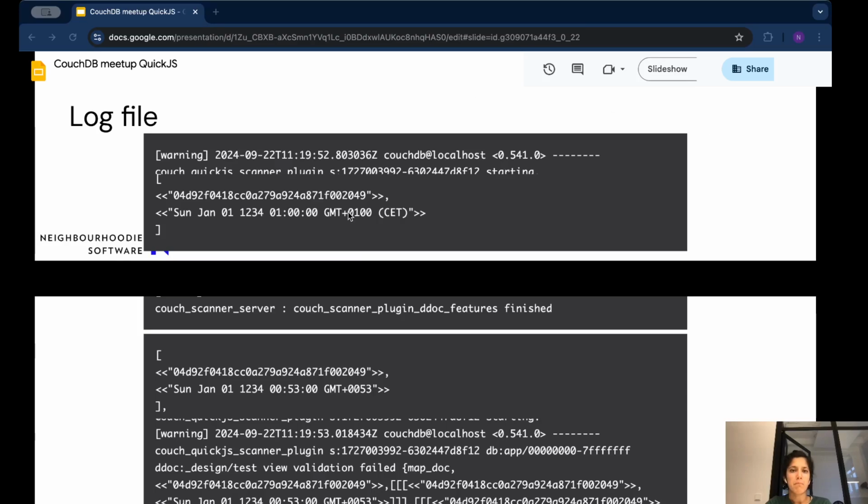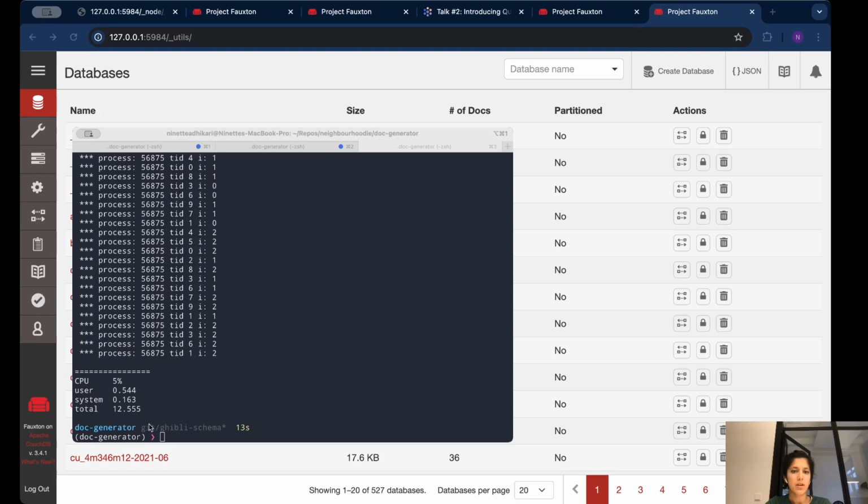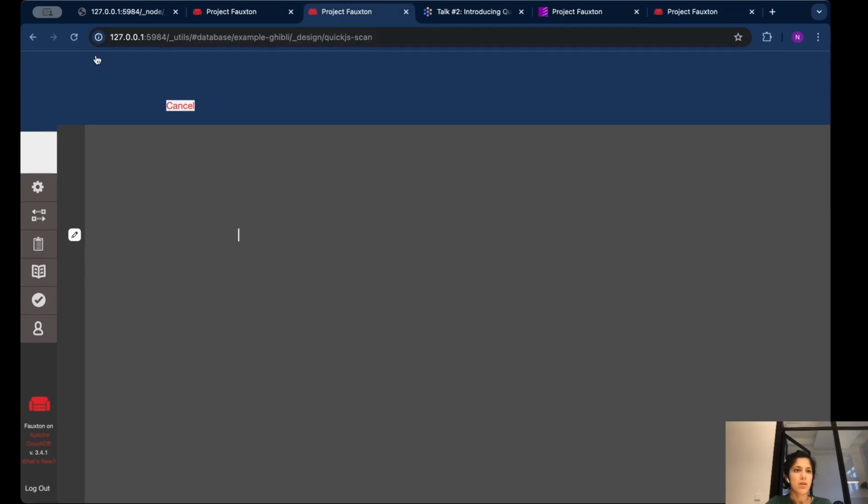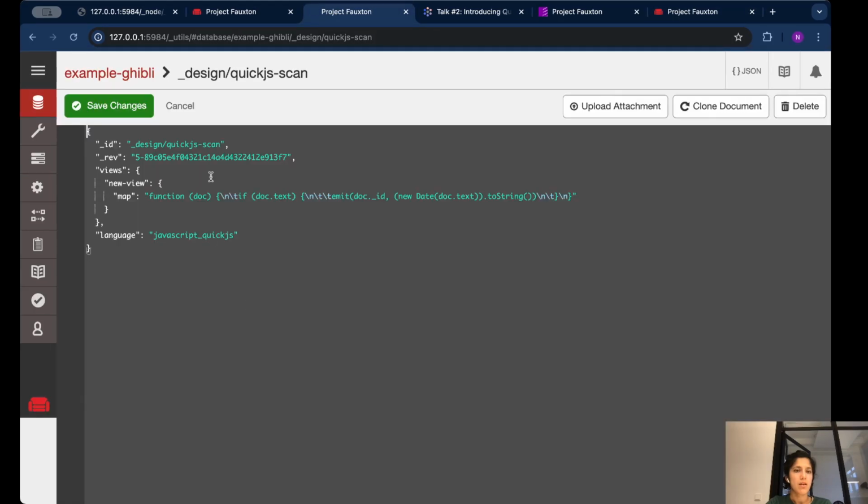I think I might have that here as well. Let me quickly show you that. Yep, so I do have an example design doc here where you are emitting a toString of a date to the doc text. So in this case, if you go back to